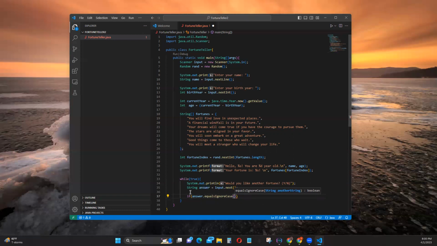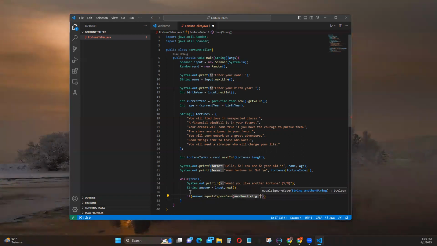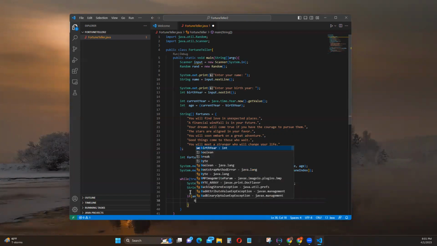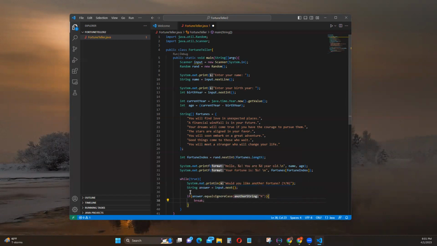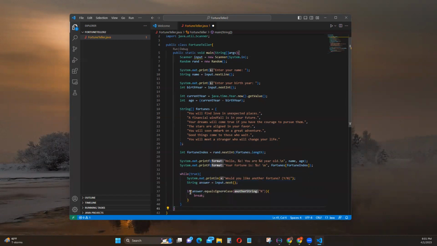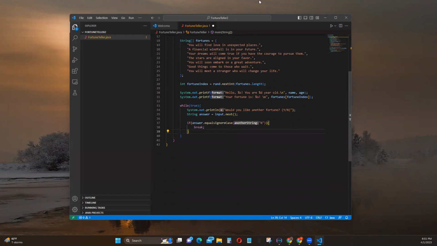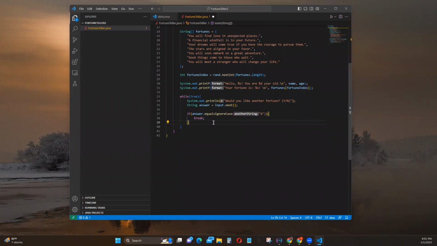If it is no, then it breaks and leaves. If it is the other case, then we'll just go with